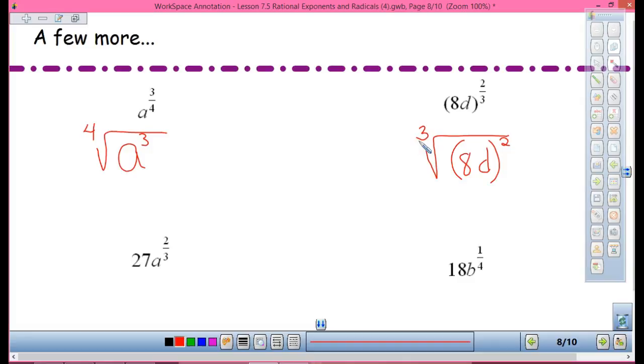Reagan, what do I do with my 27? Good. Leave the 27 alone. I've got a to the second. My index is 3. Good. What do I do with 18? Leave it on the outside because there's no exponent with it. We're at b to the first, so I leave it. My index is